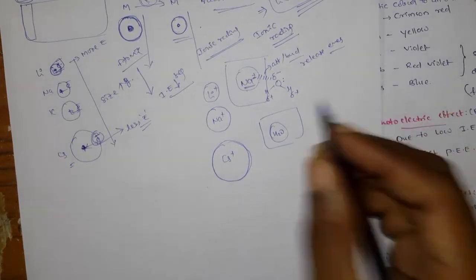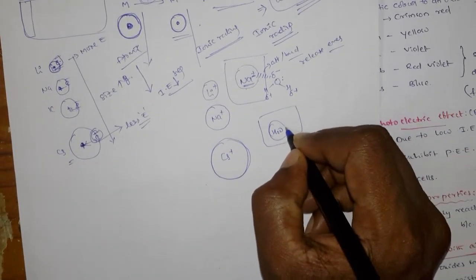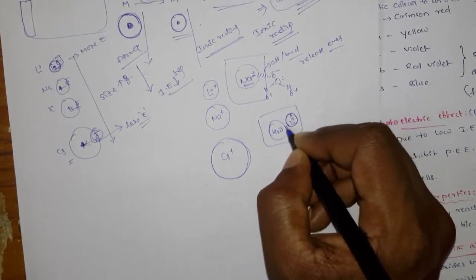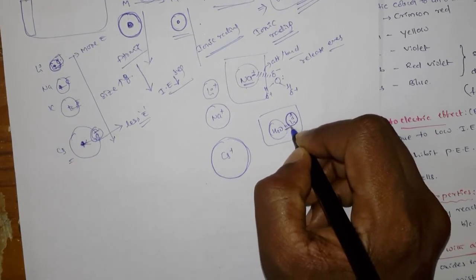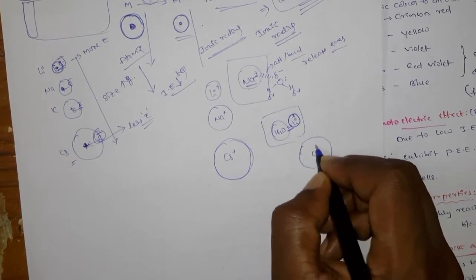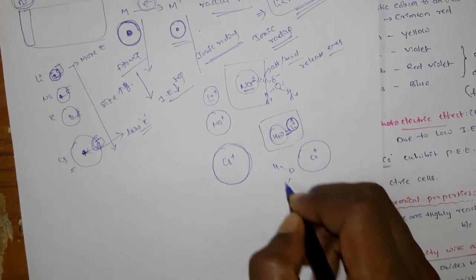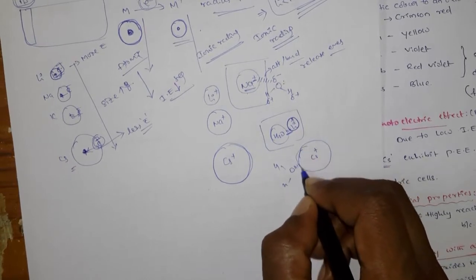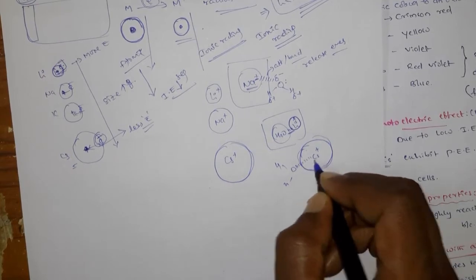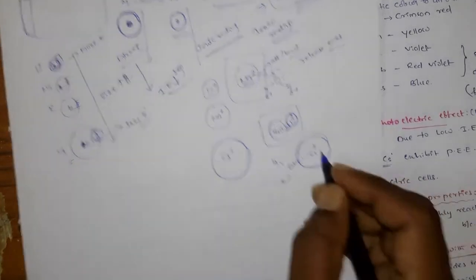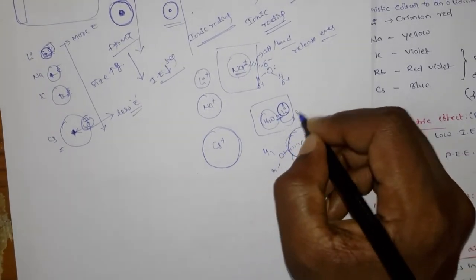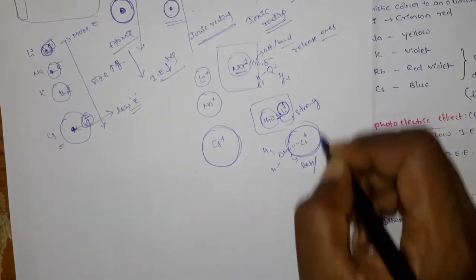Okay, so now when you dissolve into the water, where can the attractions be strong? Simply, the attractions can be strong between the water and the lithium, because the lithium is very small in size, so it develops very strong attractions with the oxygen. But come to the cesium, already cesium plus is very big in size, and the water is somewhere here, and you see here there is a large electronic cloud, and that will stop the attractions between the water and cesium plus ions. So that is the reason here the attractions are less and here the attractions are very strong. Here is the weak and here is the strong.